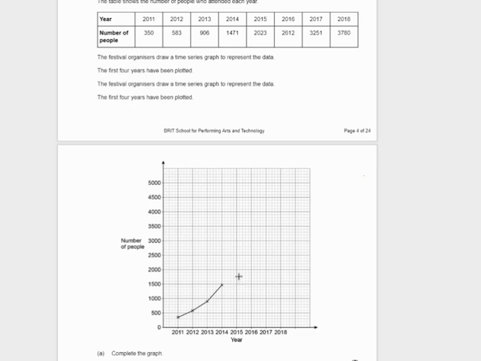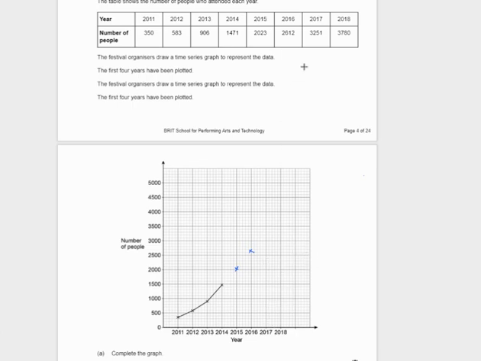So we've got to go to 2000. Each line is going to be worth 100, so it's really in between the 2000 and the first little line. It's going to be very hard to be precise, but let's draw a cross roughly. Then we've got 2016, which is 2,612 people. So 2,500 is here, 2,600, so 2,612 is a little bit higher. It's not perfect because my line is kind of thick, but it's okay.